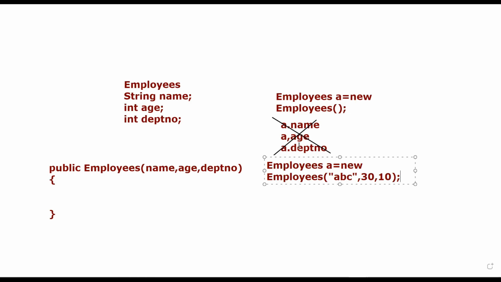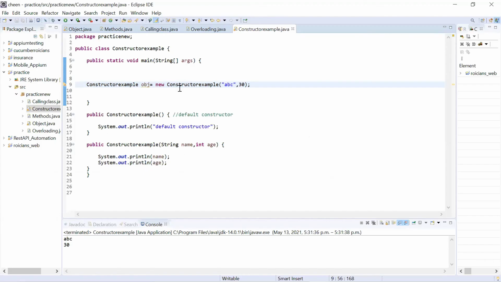Constructor actually helps you to reduce lines of code. And if you want to initialize any variable, you can just create an object and pass parameters in the brackets of the object. So both approaches are there, but why is this more beneficial? Because this is actually reducing your lines of code. And here you have to write lots of lines if there are more variables or properties of a class. So that is why constructors are very important in programming languages. So look at this. This is how you practically work on that.